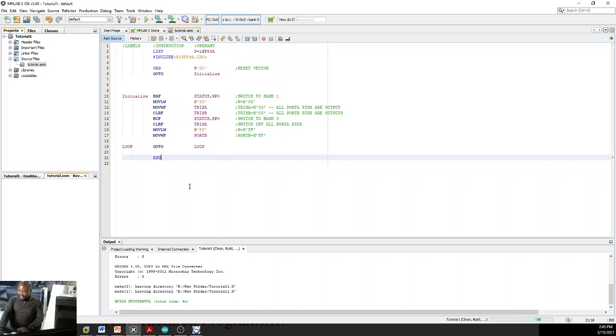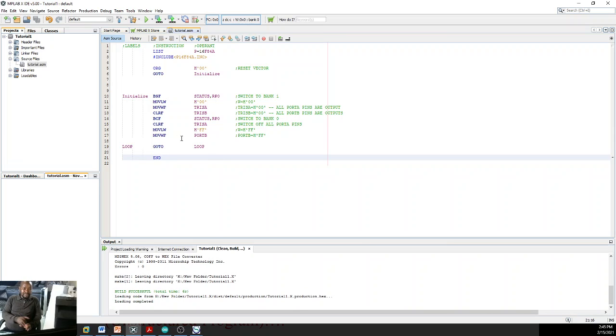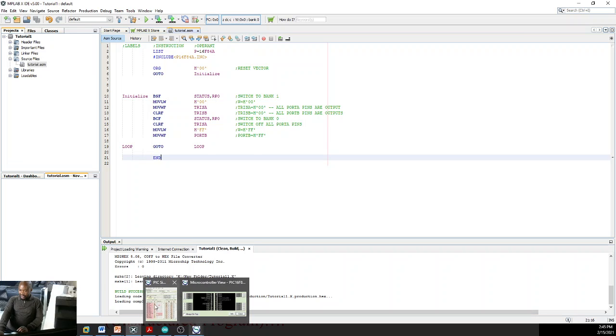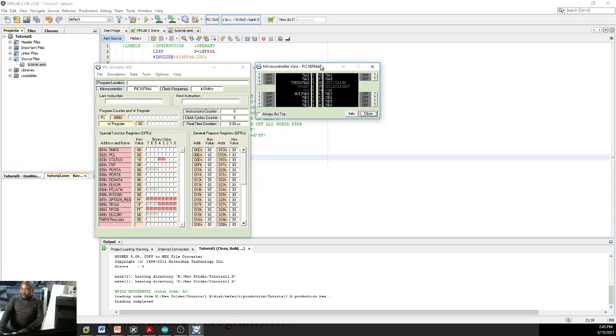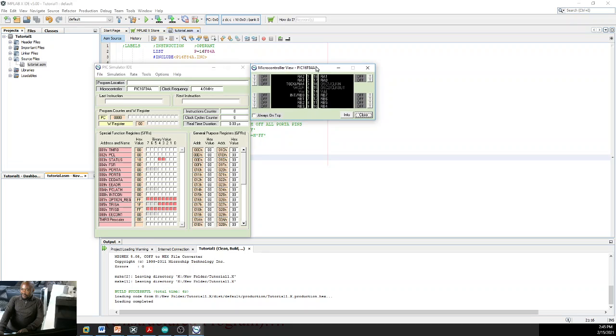So it does. This is basically a basic assembly program where we have switched off all port A pins and switched on all port B pins. Now let's use a simulator program. It's actually the OceanSoft PIC simulator program. This program has a trial version of 30 days. You can download the PIC simulator IDE program and use it, but it has a trial version of 30 days,